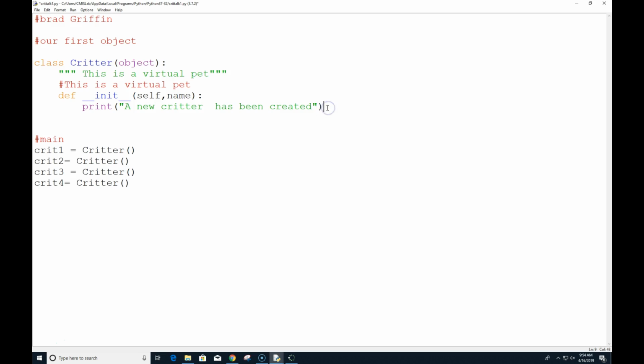So we're going to give it a name. And so we're going to say self.name equals name. Now, that seems a little odd, but hang on and we'll work on what we're looking at here.